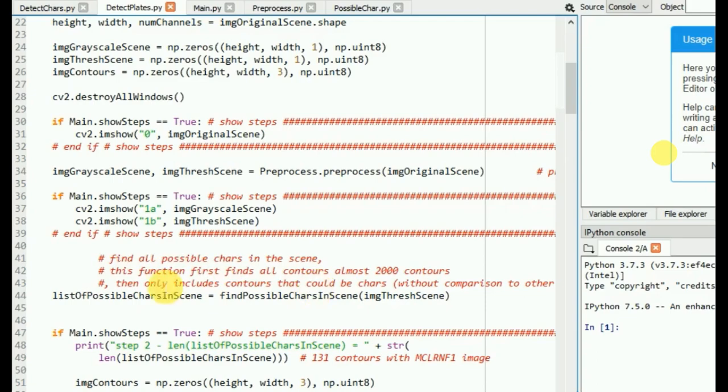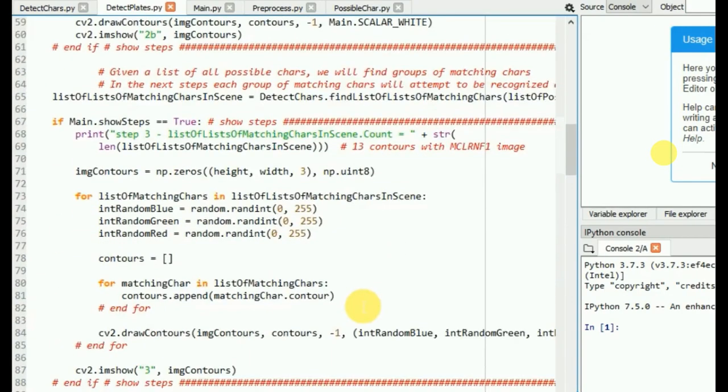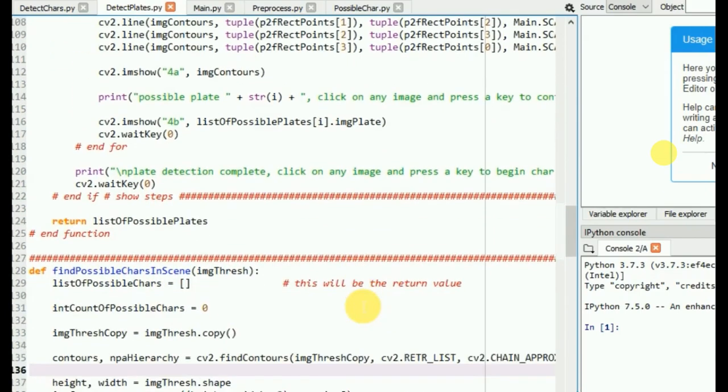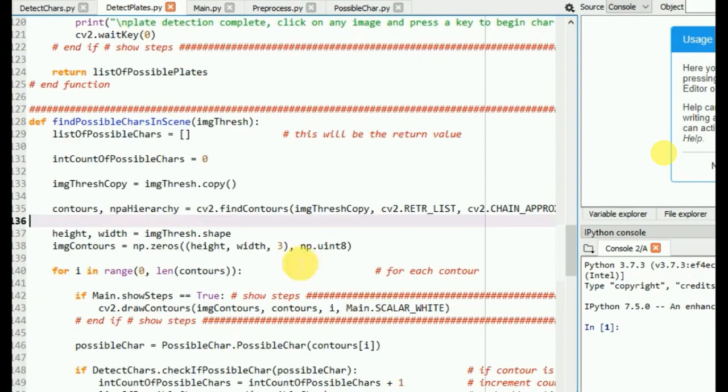Now this function first finds all the contours, almost 2000 contours. Then it includes only those contours that could be a character. So we'll be going to find possible chars in scene, line 28.